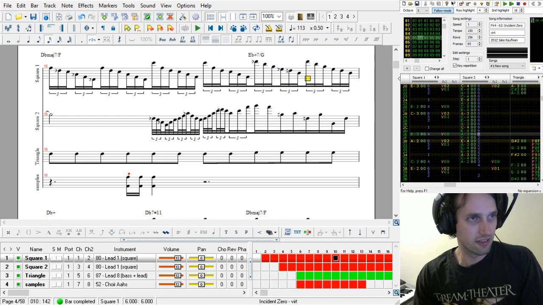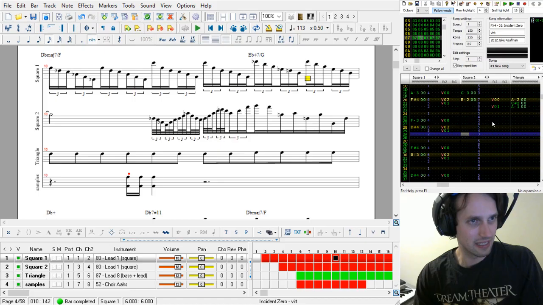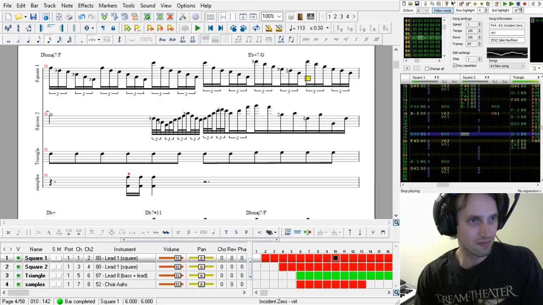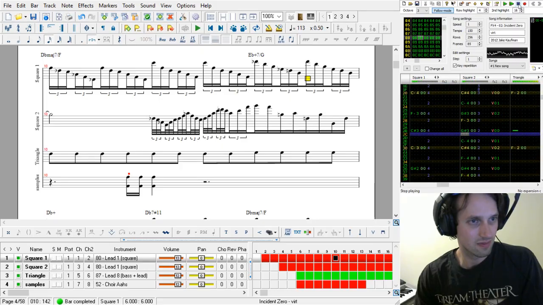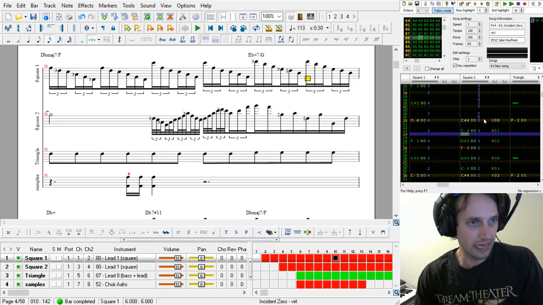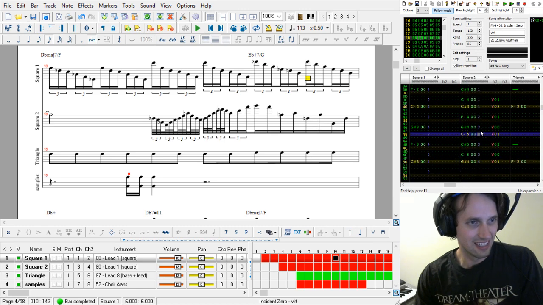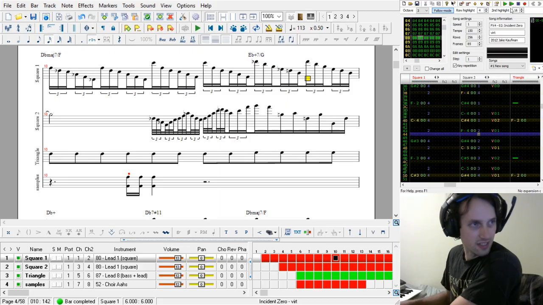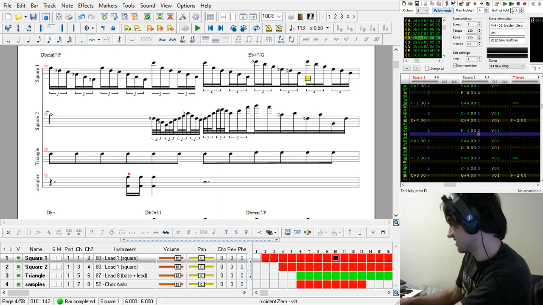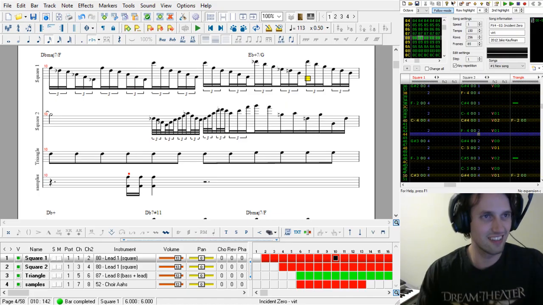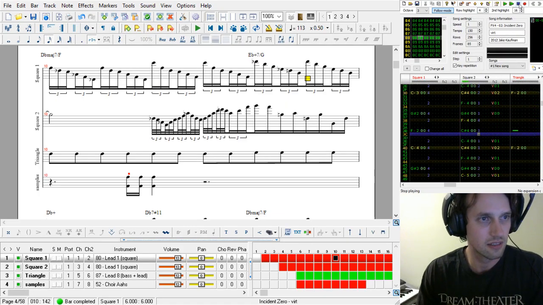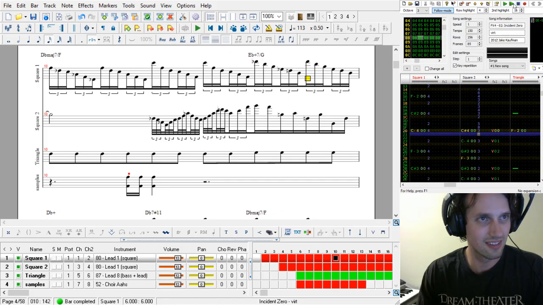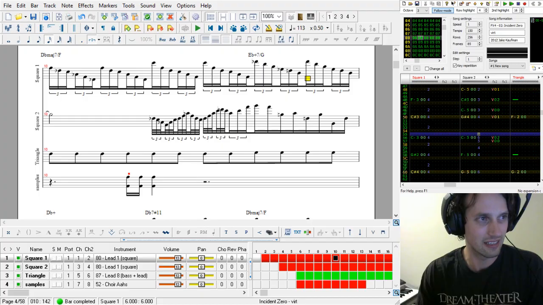Right, and these 48th notes here, these look really daunting, but that's not quite what they are. If you look at the tracker here, it gets very quiet, like 3, 2, 1. There's a random 4 in there, and then it starts to fade back in. If you listen to it by itself, it sounds like a texture, not like someone trying to physically play that really fast. It's just a sort of shimmer that goes into that.